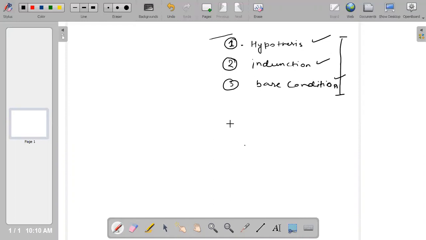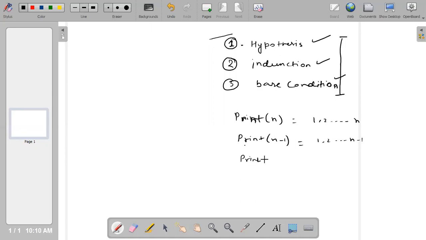So what is the hypothesis? Hypothesis is, if my function is print n, then it will print 1 till n. If my function is print n minus 1, then it will print 1 till n minus 1.